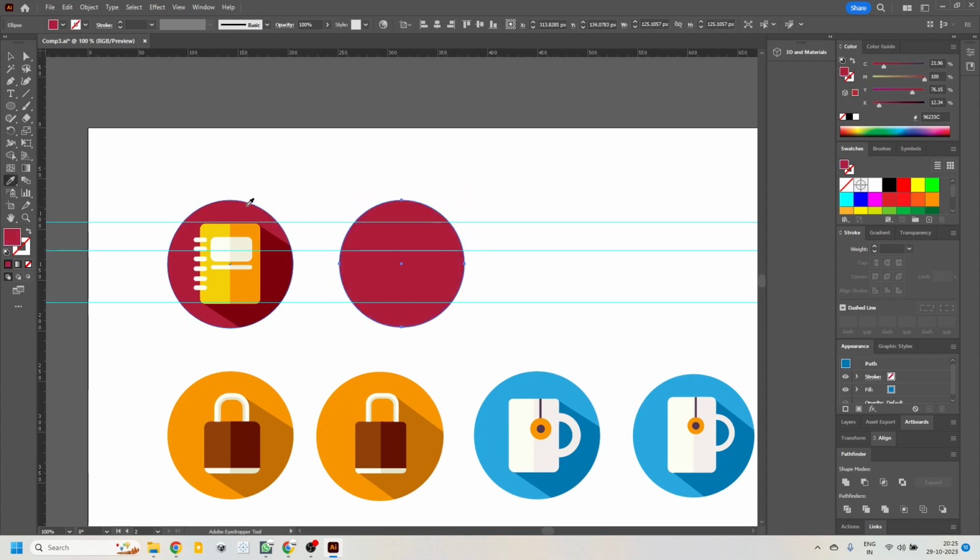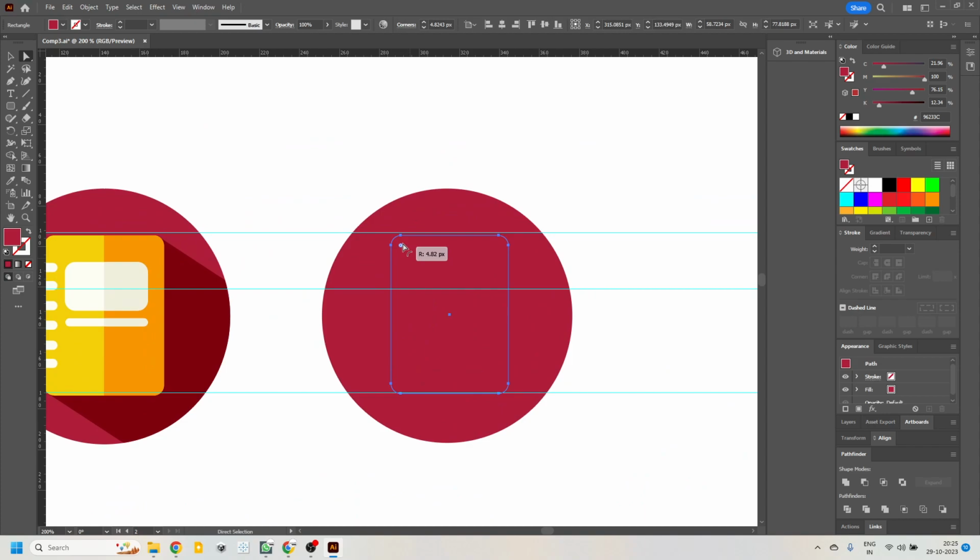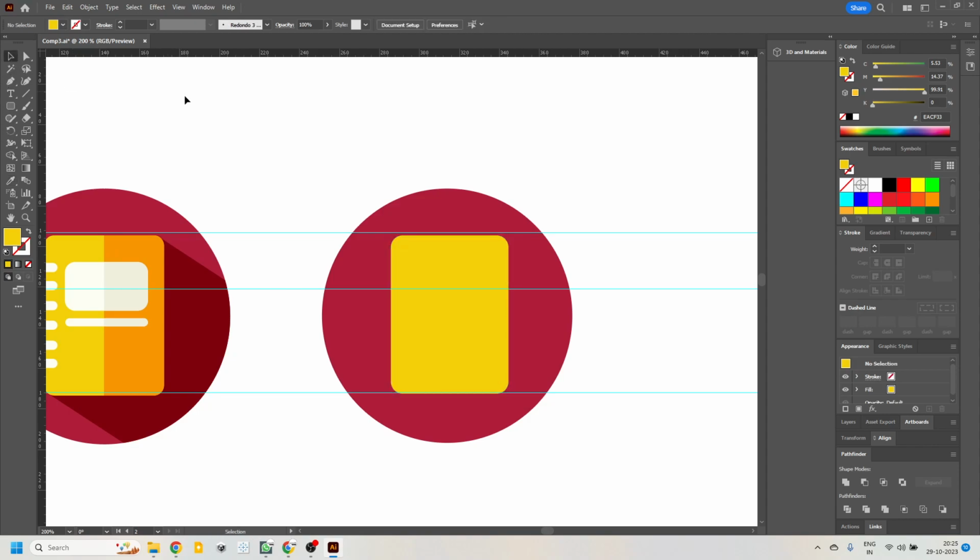I on the keyboard, pick out the background color, start with a rounded rectangle shape, adjust the corners,